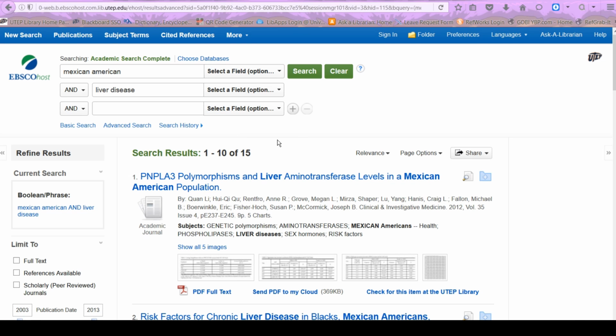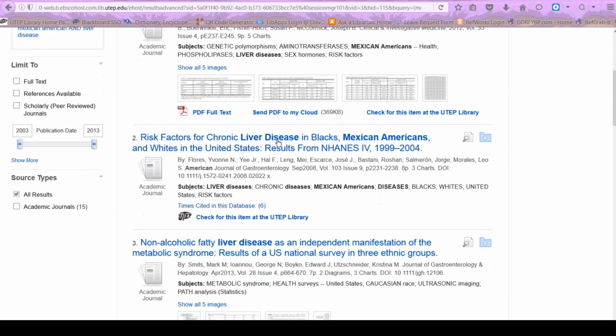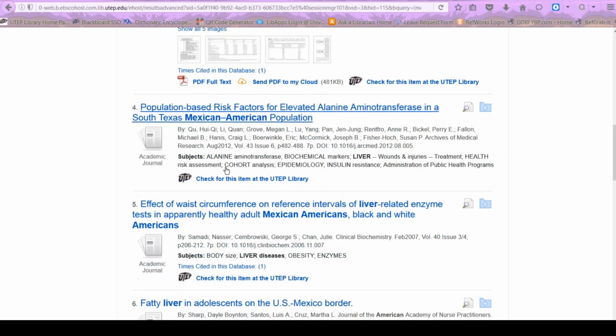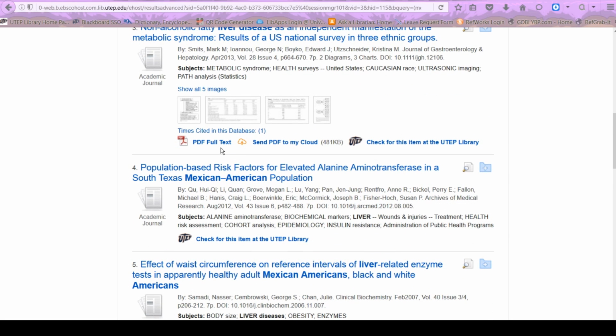And it gave me 15 results. So let's say that you are interested in this one. Notice that you have several options. You can send it to the cloud, but you probably have to create an account. I've never used this. However, the most important thing you want is either an option that says HTML or PDF